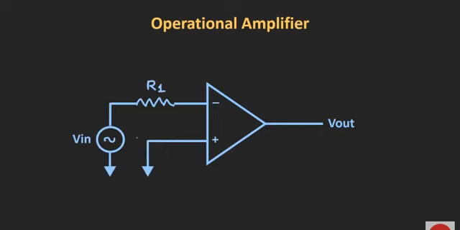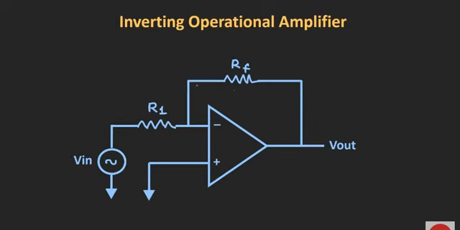So let us say we have applied the input to the inverting input terminal through one resistor R1, and we are providing the negative feedback from output to the inverting input terminal via the feedback resistor RF. Whenever the op-amp is used in this configuration, it is known as the inverting op-amp configuration. Now in this configuration, let us find out the relation between the output and the input voltages, and see how we can control the gain of the op-amp by using the feedback resistor RF and the resistor R1.